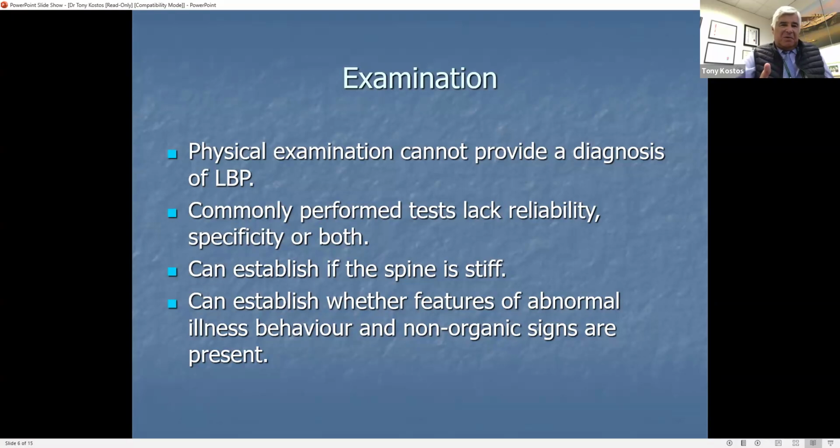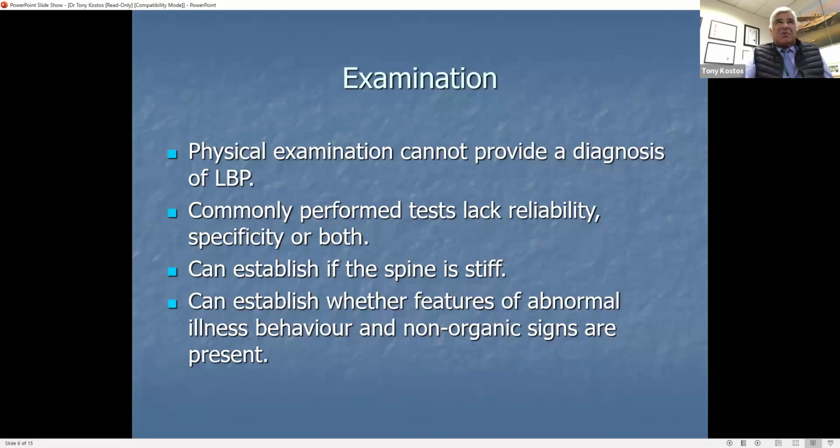We're looking for people who are paralysed, they can't move, and they have tenderness along the entire length of the spine. We also do a couple of other manoeuvres. We rest your hand on top of their head and just put some gentle pressure. Now, even if someone has a fracture or a cancer in their back, that doesn't cause pain. But in patients with non-organic signs, that causes pain.